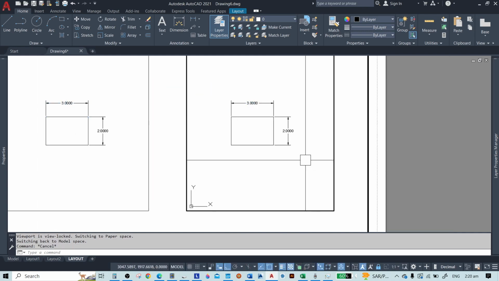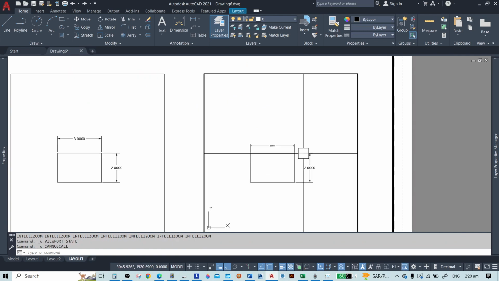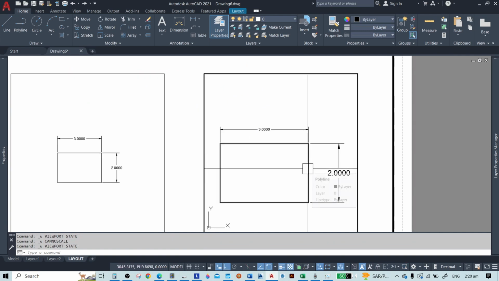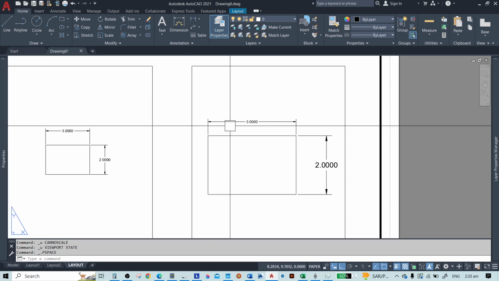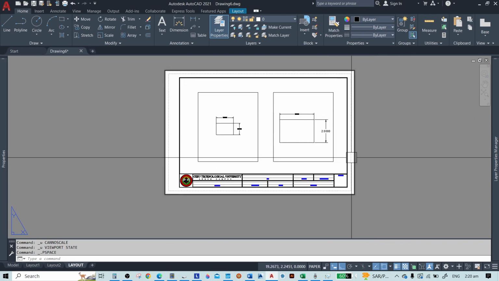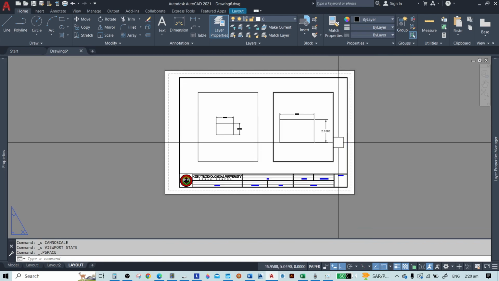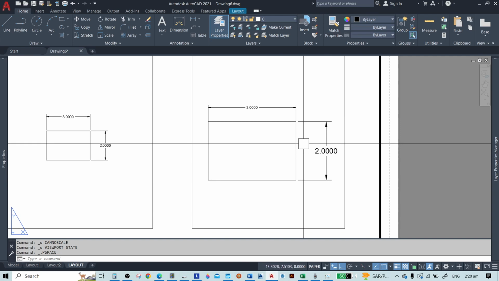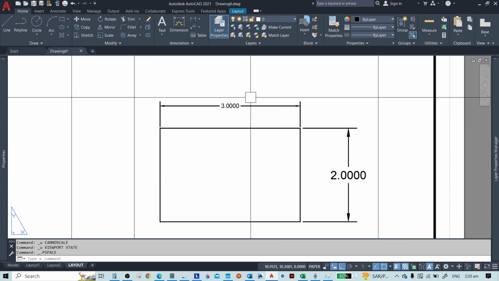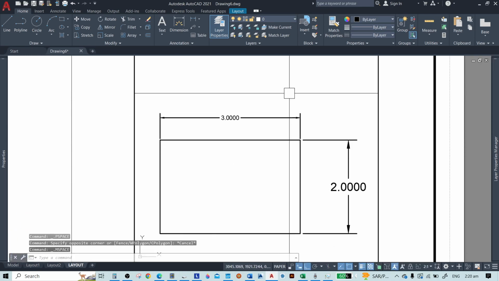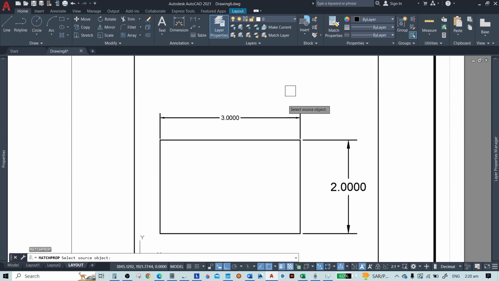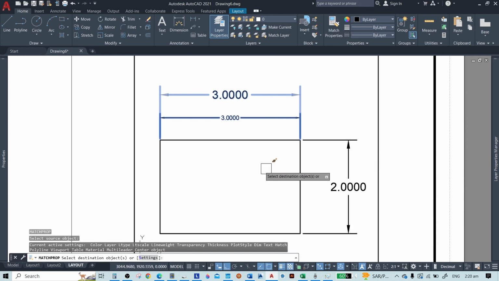Okay, so ando na ako. So that's how you do the dimensions when you scale it. Are there any other thing? Let's say for example this one. So as you can see, I just edit this one. So you can also match prop na lang, say MA, to apply the settings of this one here.